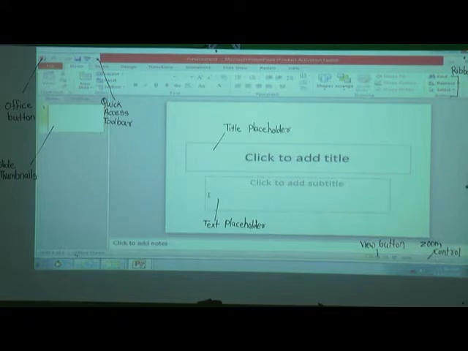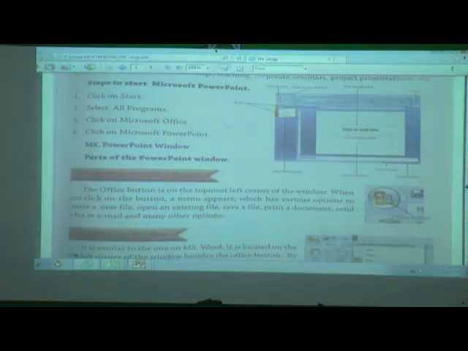Now we will see uses of. First one is Microsoft Office button. Where it is? Yes, we can see it is here. The Office button is on the top left corner of the window.